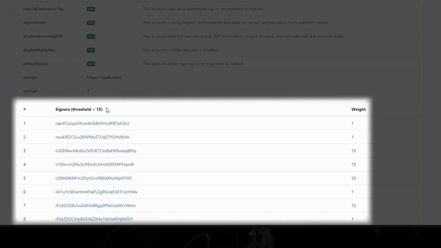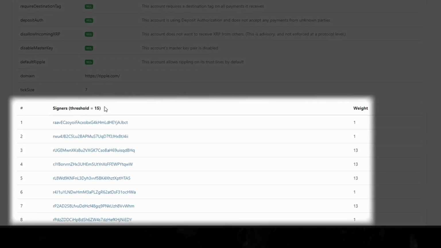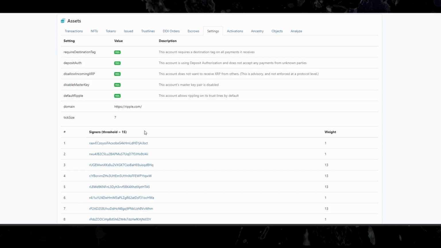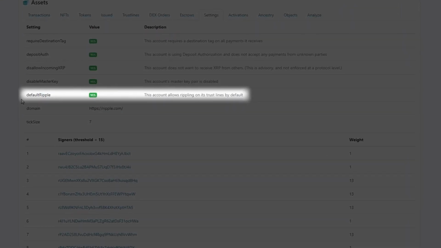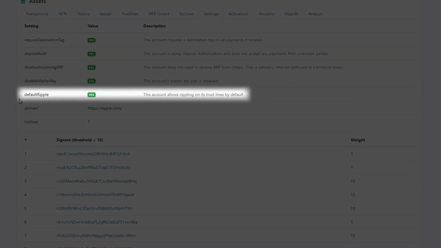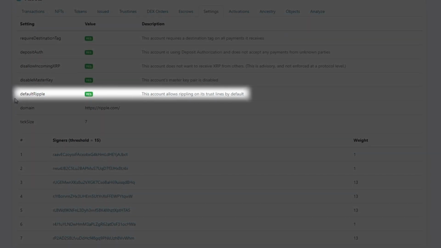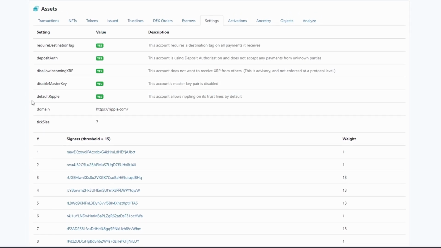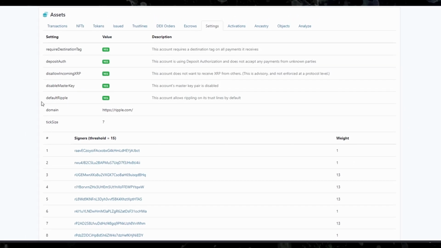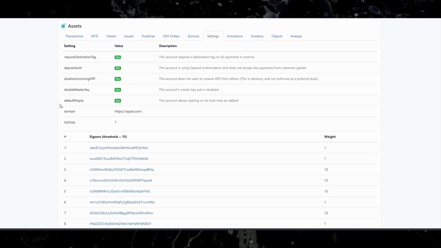For this, several signers have to give their approval in a combined effort before any transaction can be submitted onto the ledger. Then there is default Ripple, which is a must for issuing accounts like the one from Ripple, so that token holders can efficiently pay each other whenever they transfer the Ripple USD token. Lastly, clawback, which is a compliance feature that Ripple needs and is used to recover funds from accounts whenever the US litigation system insists on it.